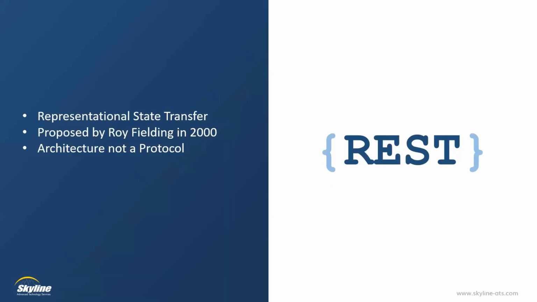Some of those constraints being that it should be a client-server type model. They should be separate. In other words, you should be able to change the application on the client side and it would not affect anything on the server or the network side. It should be able to go through multiple layers of your network and not have any issues. There are roughly 7 constraints that your API has to meet to be considered RESTful. The great thing about REST is it's pretty simple.